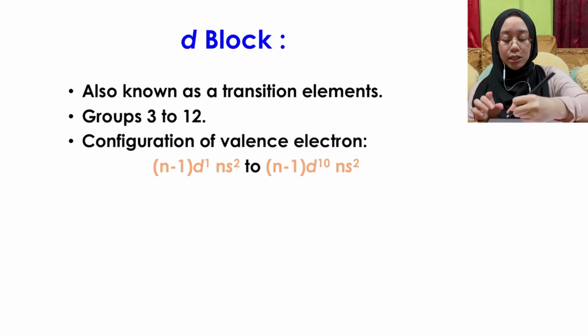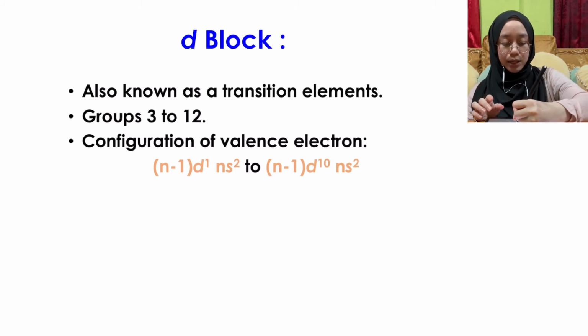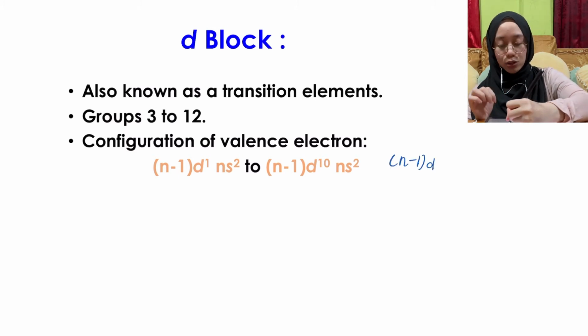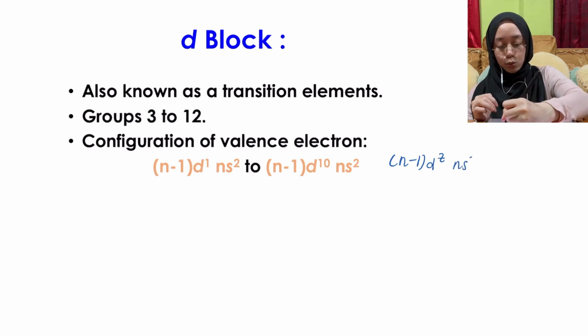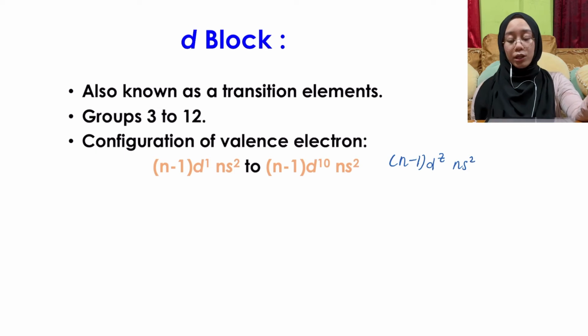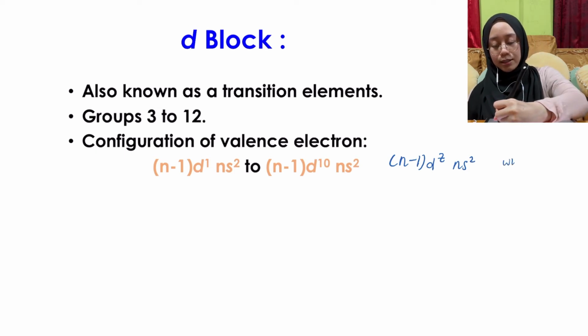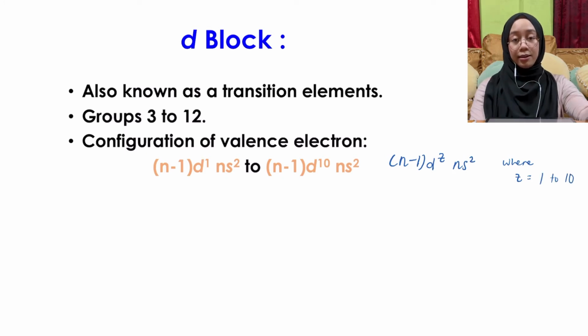Okay, so kalau secara generalnya Miss boleh letak ni sebagai (n-1)dz ns2, sebab tadi Miss dah guna x dengan y kan, so ni Miss just guna huruf z lah. Okay, so ini untuk d orbital where z value dia adalah 1 to 10. Okay, because the maximum number of electron can be occupied in d orbital adalah 10. Okay, so kalau kita tengok example,